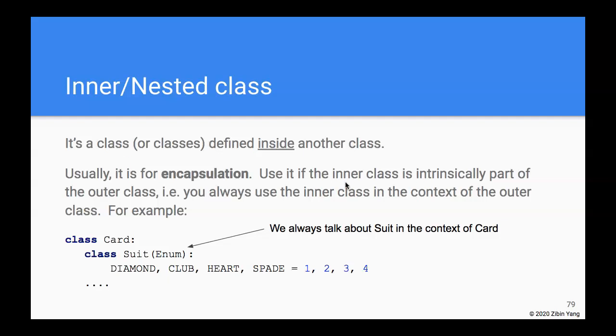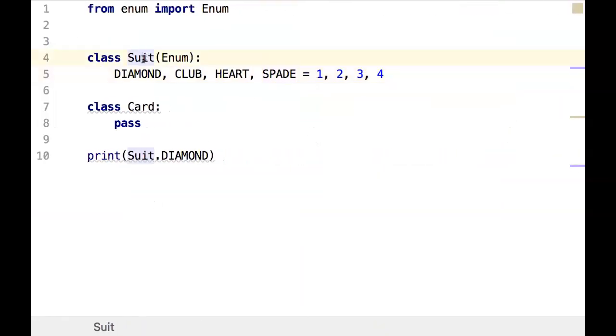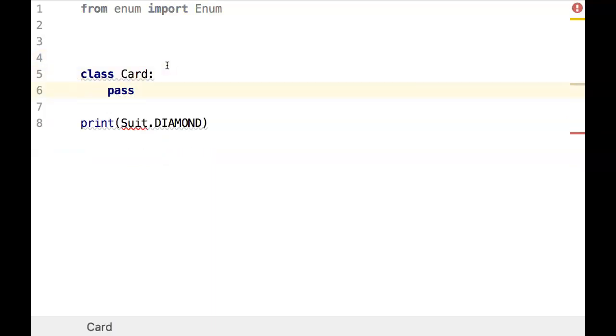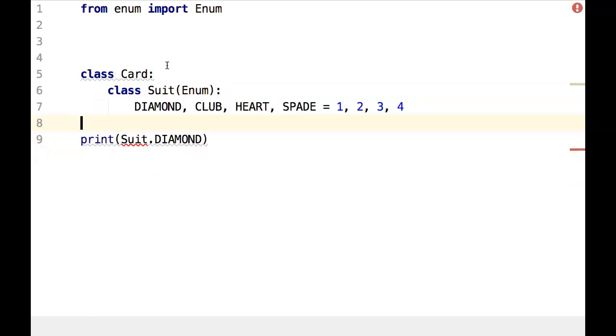By that I mean, this inner class really only makes sense as part of the outer class, right? We would always use the inner class in the context of the outer class. So, for example, if we say a suit that says diamond, club, heart, and spade, well, that really only makes sense in the context of poker cards, right? So rather than having the suit as a standalone class on its own, it would make sense that we actually define it as part of the card class or as a nested class inside